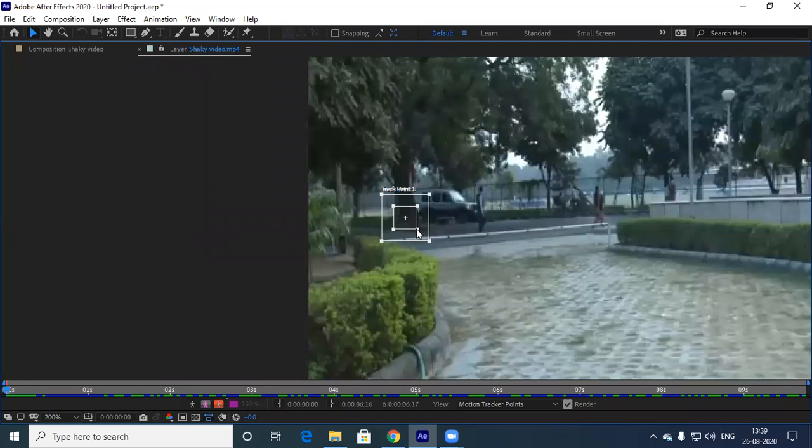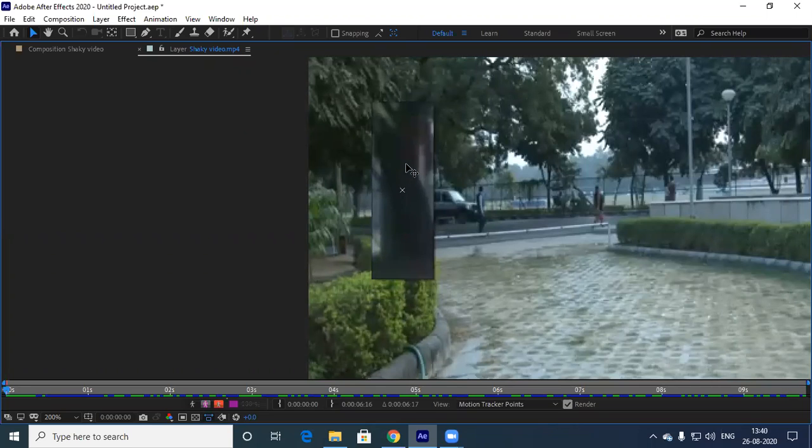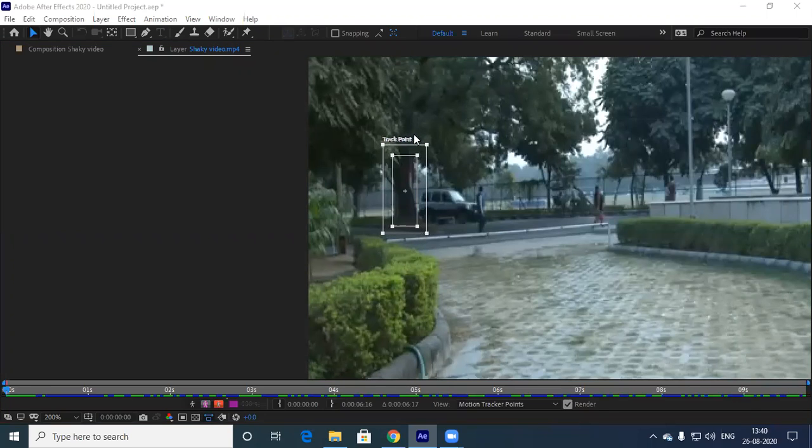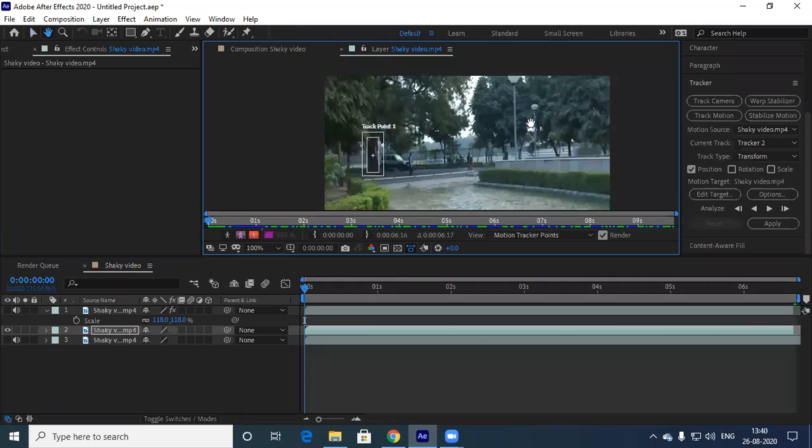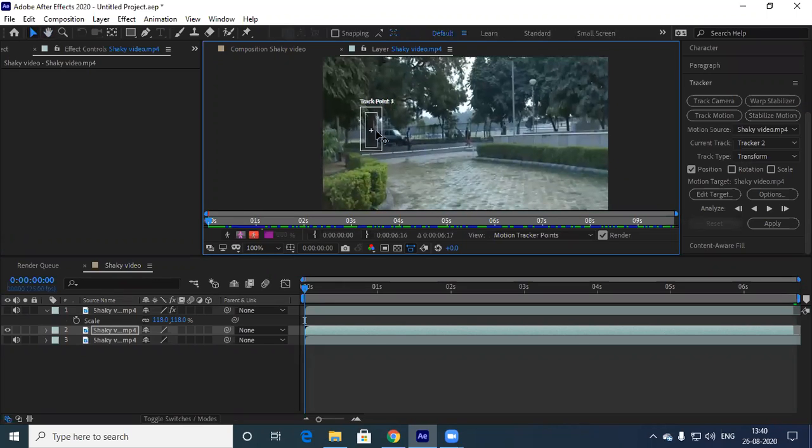Now what I'll do, this tree is there, right? So I'll go with this particular one. Let me take this tree bark like this. Meanwhile, let me take the outer area also to this particular part. Understood. Now I'm placing one more track point here. Already we have tracked this particular area. Now I'm tracking an additional area. Select this particular thing. Instead of transform, go to stabilize, then play first.